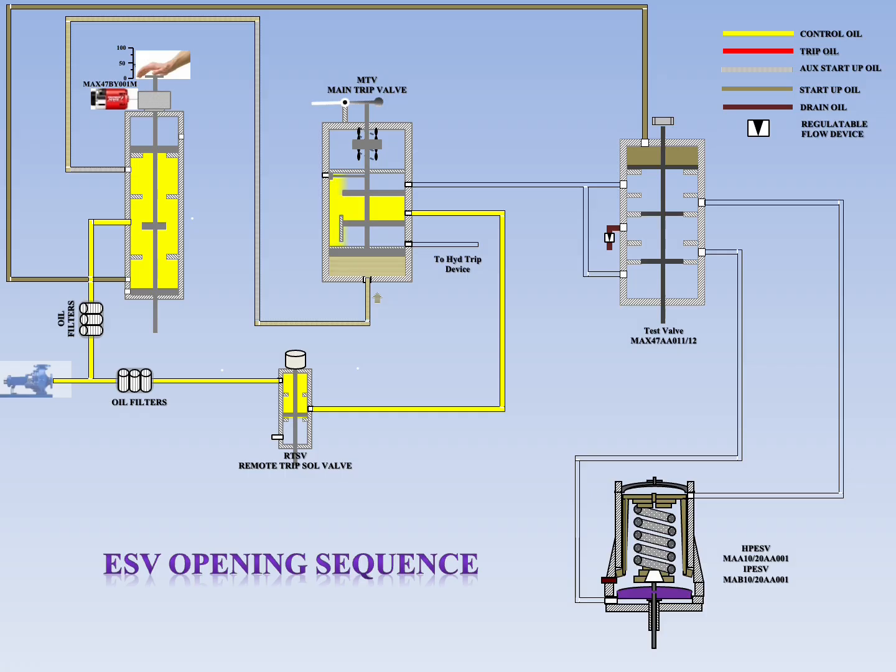Control oil finally divides into trip oil and auxiliary trip oil. Trip oil directly flows to the ESV test valve. Main trip valves are now held in their upper position by the auxiliary trip oil pressure under their stepped differential pistons. The test valve allows trip oil to build up pressure in the space above piston Ka01 of the main and reheat stop valves